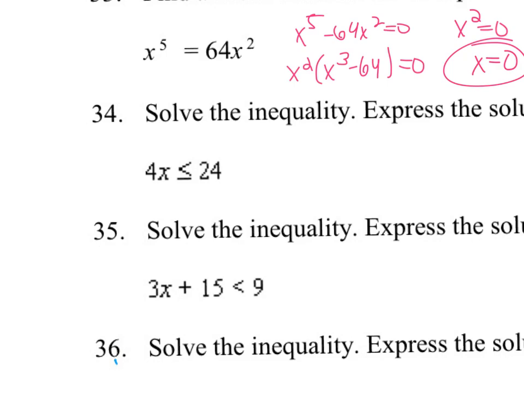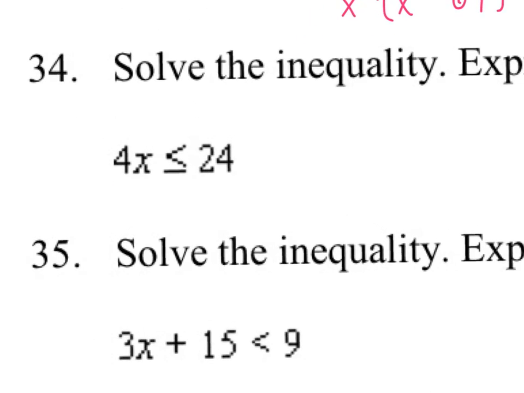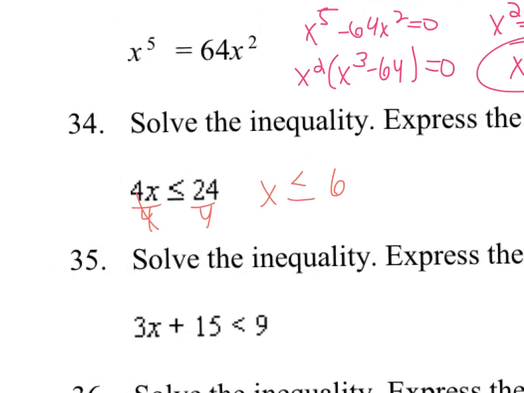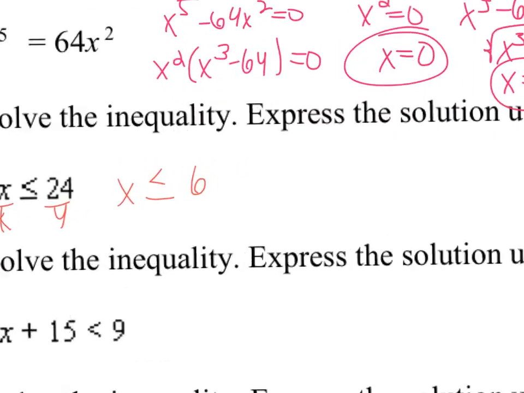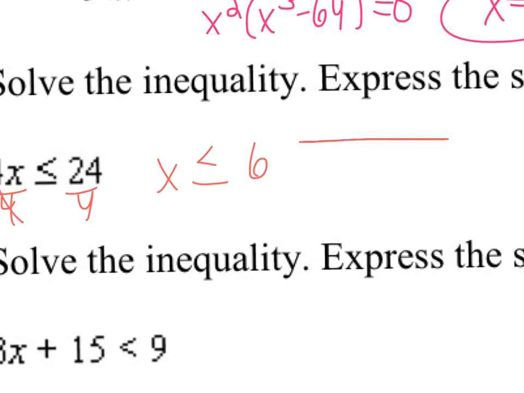Solving the inequalities. What do we do? Divide both sides by 4. Good. So I have x is less than or equal to 6. They're going to tell you to express the solution in interval notation. Let's graph this real quick so it's easy to do our interval notation. Here's 0, here's 6. What kind of dot do I have at 6? Closed. That means when I write interval notation, I'm going to have what kind of notation, a bracket or a parenthesis? Bracket. Good. And which way am I going to